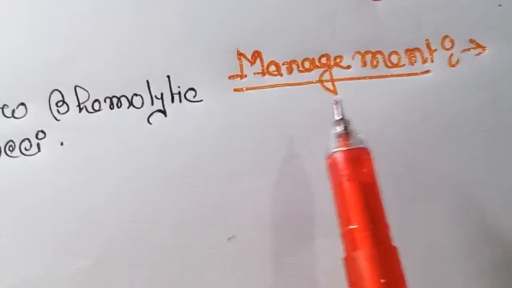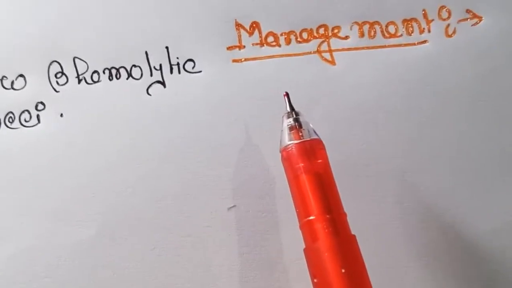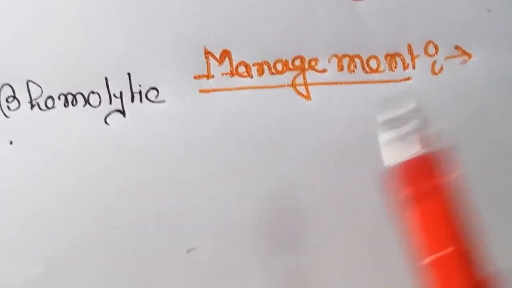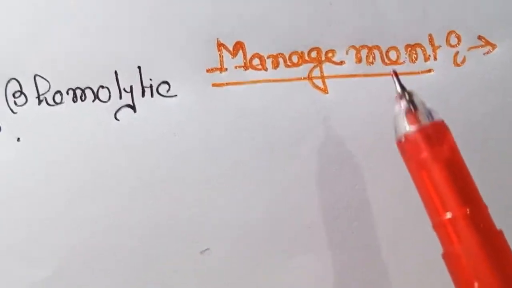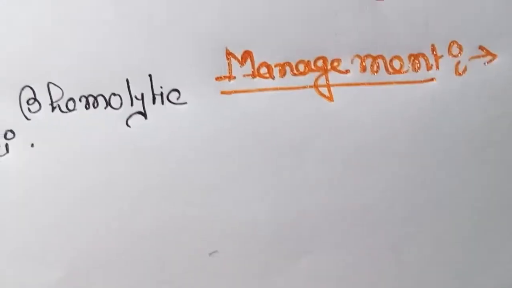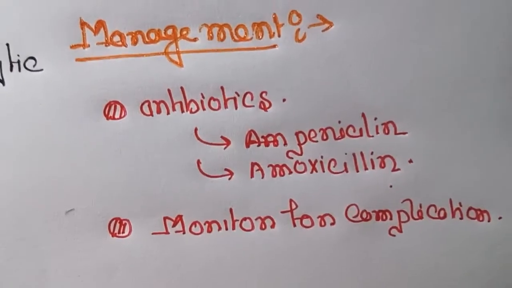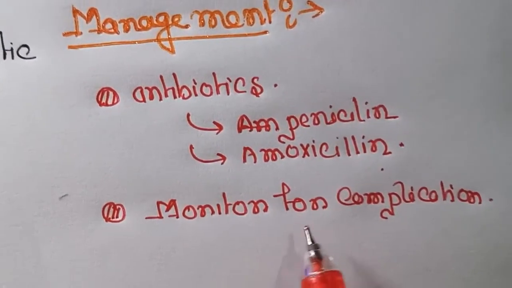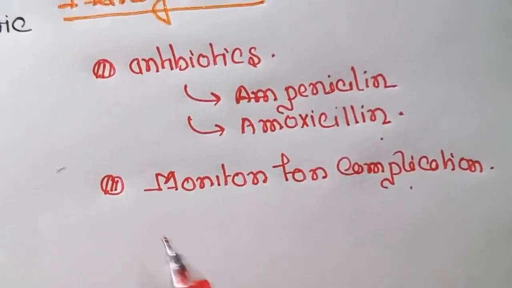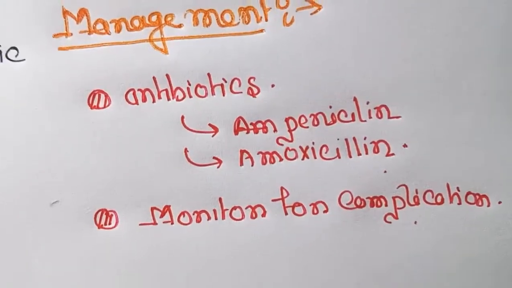Early recognition and management is important to reduce complications associated with group A Streptococcus throat infection. The management for group A Streptococcus is antibiotics, specifically penicillin and amoxicillin. It is also important to monitor for complications of the antibiotics themselves. So, when we give antibiotics to someone who has tonsillitis,